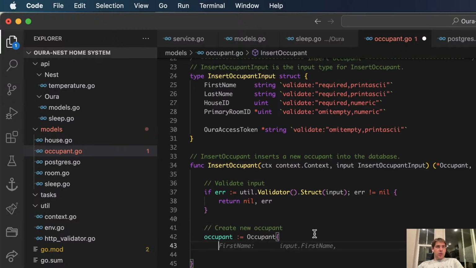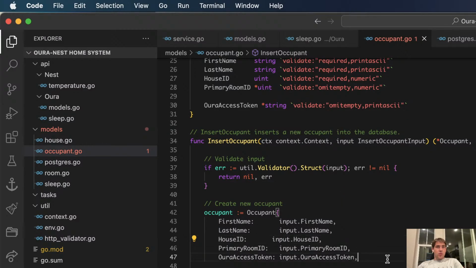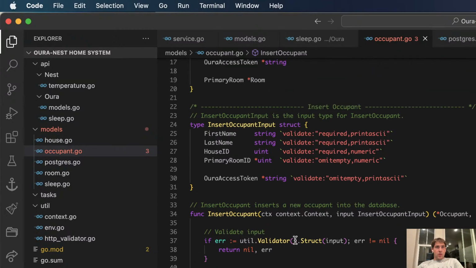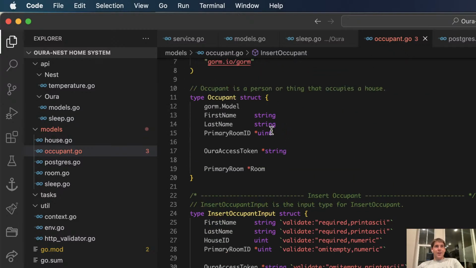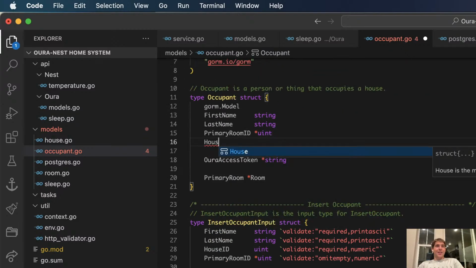Let's say occupant, first name, last name, house. House ID is going to be required. And/or access token is also going to be required. Let's see. House ID. Struct. Oh, haha. That would be why. Rent.